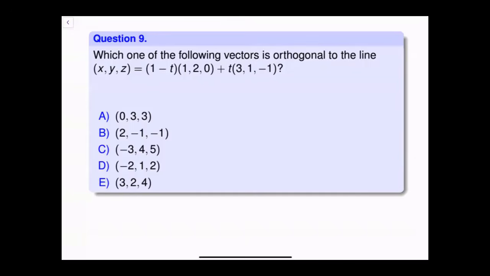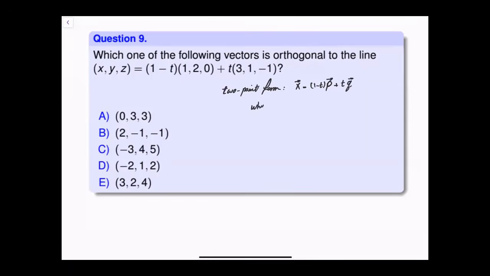Let's look at this question. Which one of the following vectors is orthogonal to the line xyz given by this thing? First thing here to see is that this line is given in 2-point form equation. So what is it? It is x equal to (1 minus t) times p plus t q,